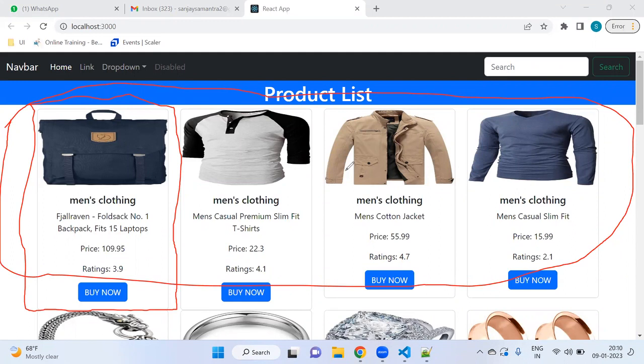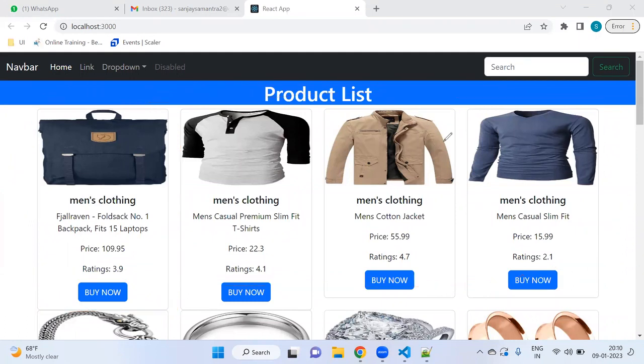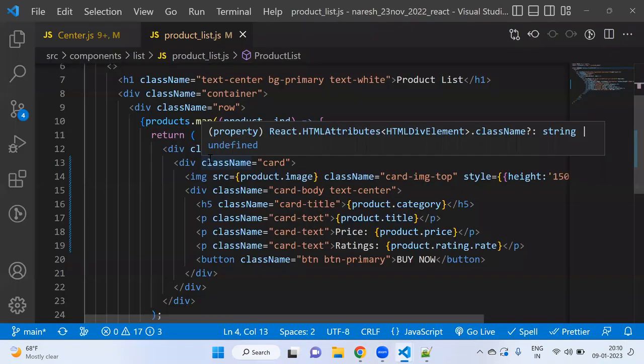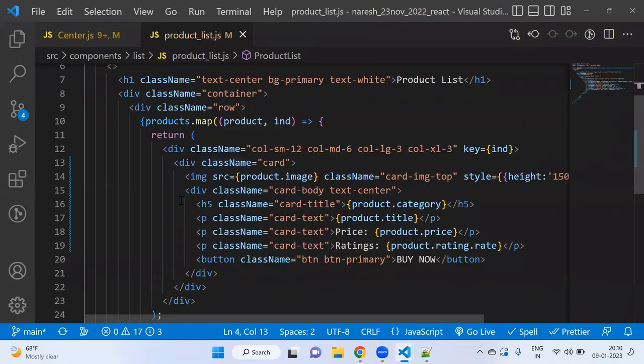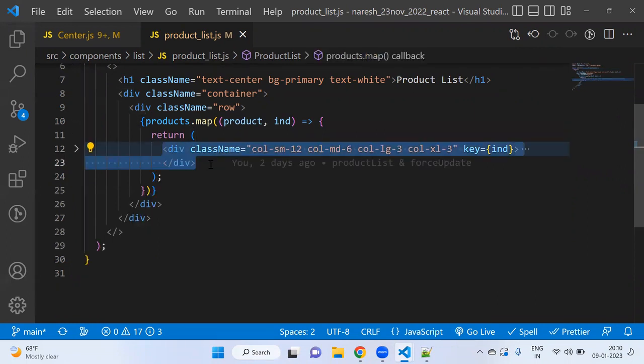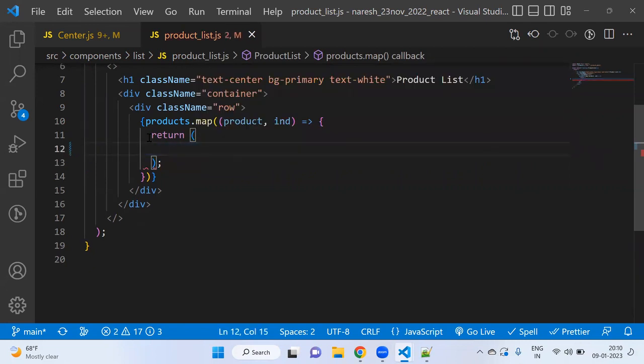So what we have done here, we have written all the code in one component, which is product list. Now I don't want to write everything in product list. I want to move some code to another component. In that case, let's do one thing. Let's cut this part and let's say,